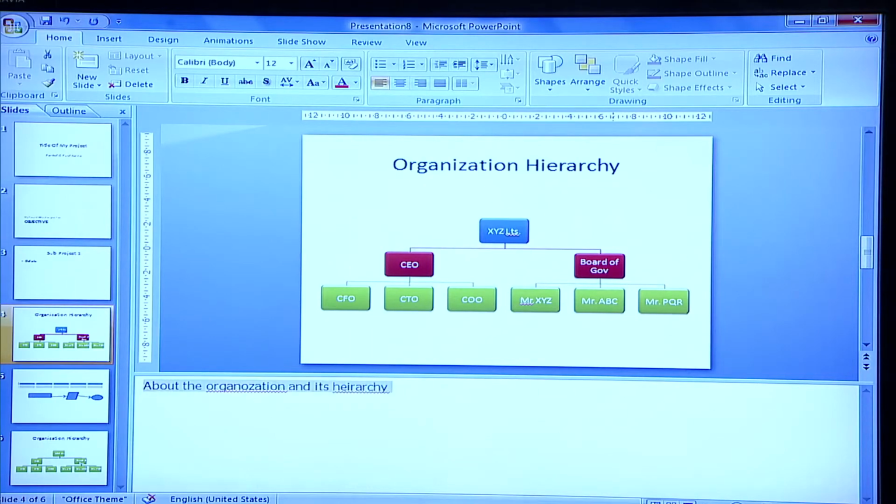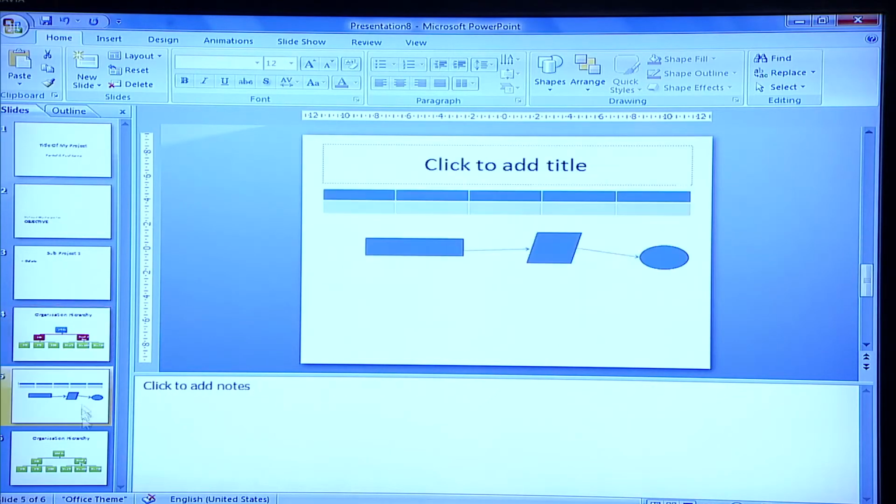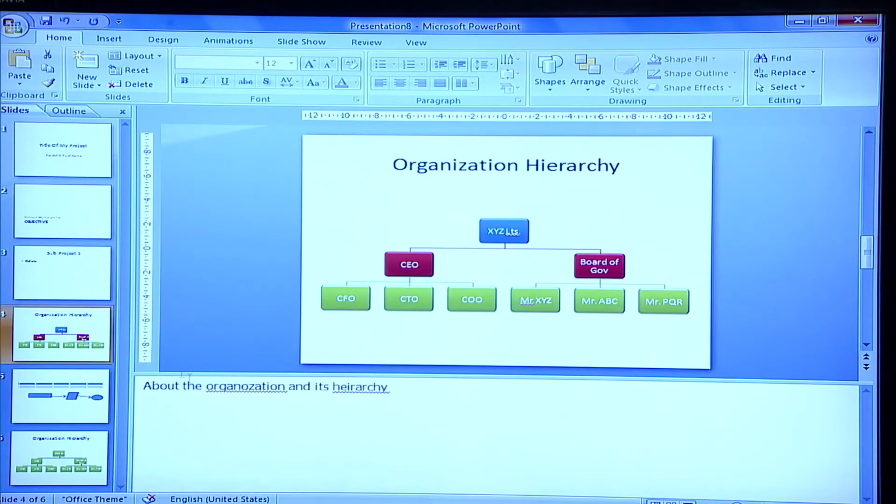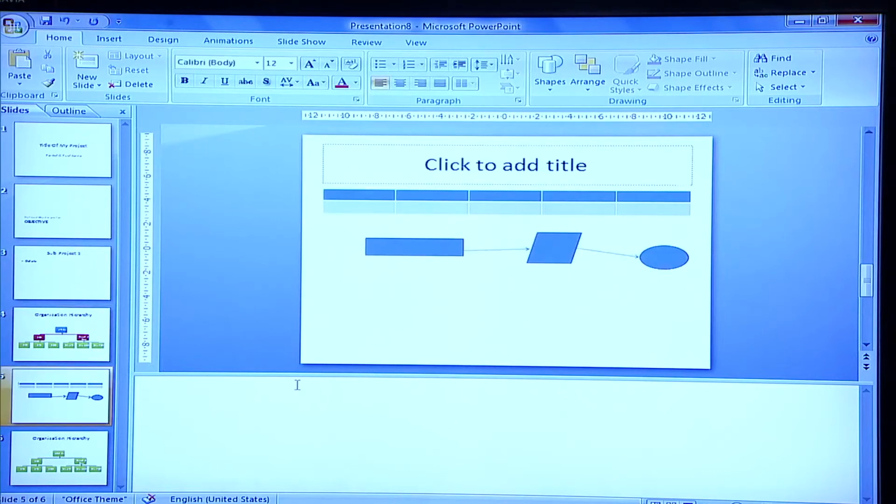So you can add these notes everywhere, so you can refer to them, and these notes can also be printed along with the slides. We will touch upon this topic when we do the printouts, what different kinds of printouts we can take. So see, you can add notes everywhere, you can add these kinds of notes.